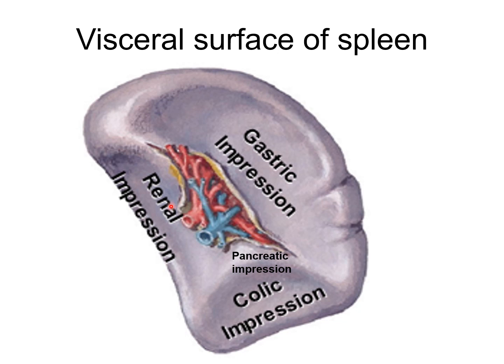Next impression is the renal impression, and this is present between the intermediate border and the lower border, and this is produced by the anterior surface of the left kidney. Next is the colic impression, and this is produced by the left colic flexure, and it is triangular in shape and is situated in front of the lateral end. And the last impression is the pancreatic impression, and it is produced by the tail of the pancreas, and it is present between the hilum of the spleen and the colic impression.